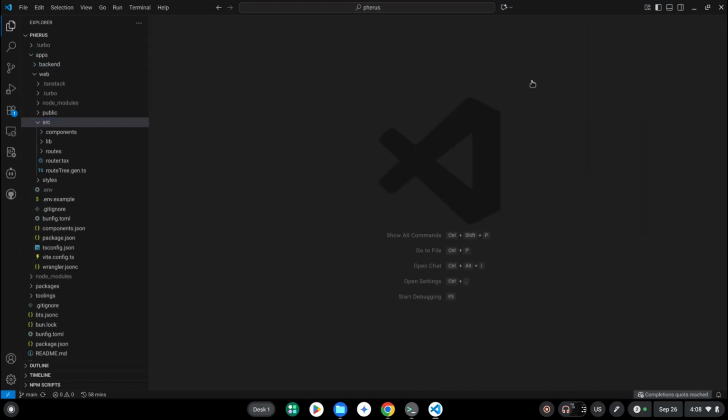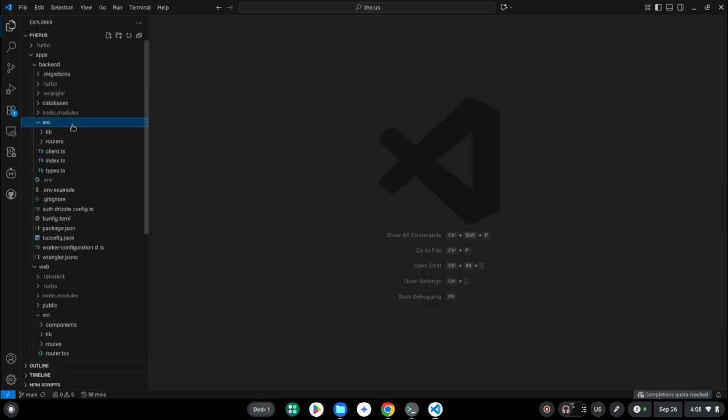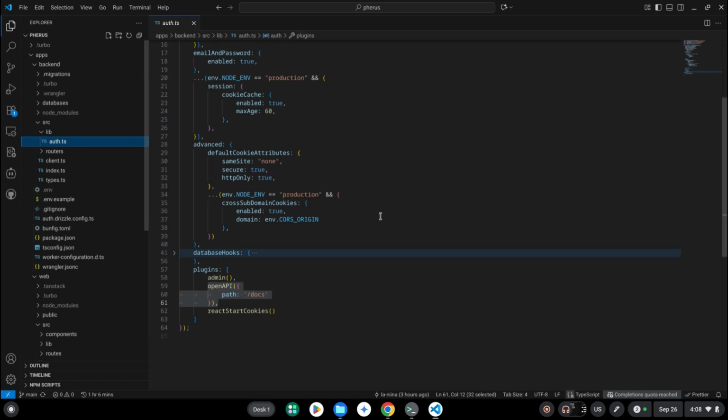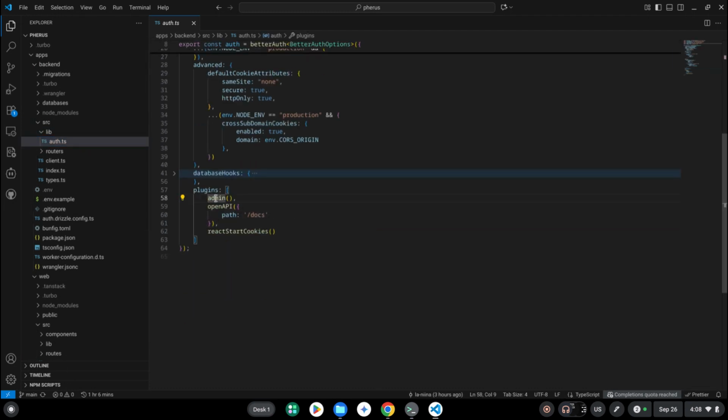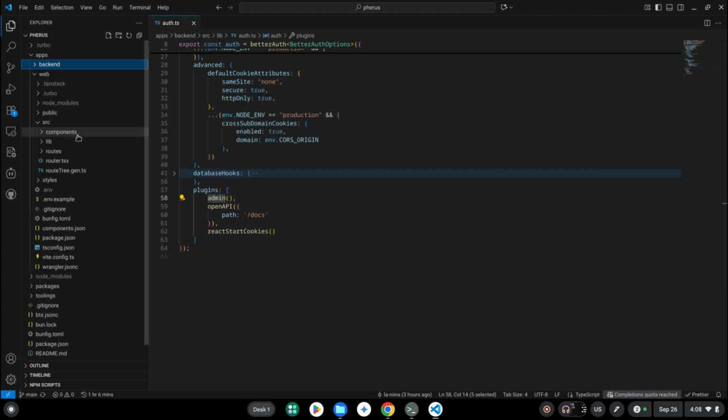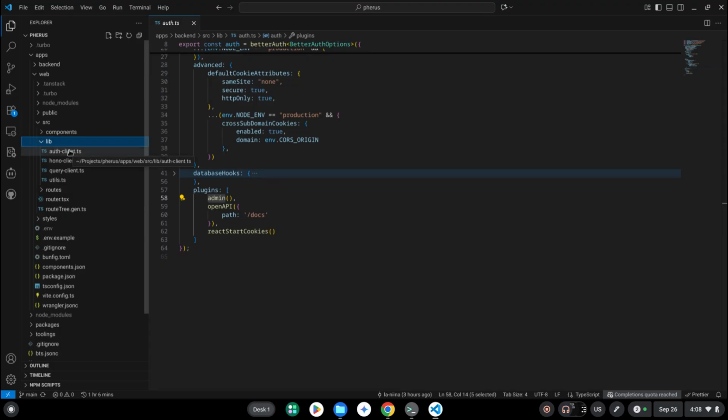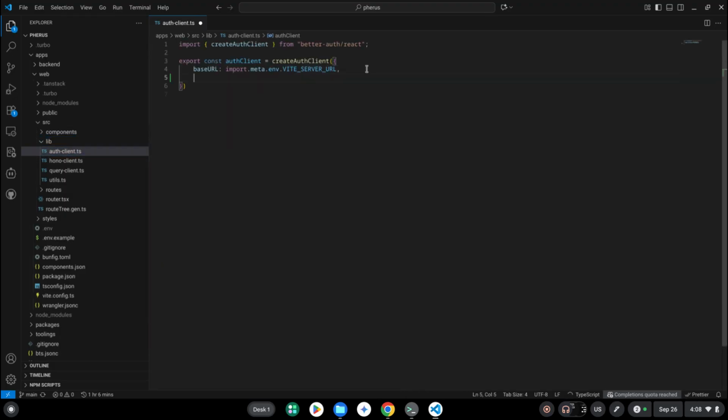So here's what I'm going to do. Close everything. Go back to our backend and the library. We look at what we have. We have the admin plugin and then the React Start cookies. So all we need is to have the admin plugin in the front end of our application, and we have here authentication